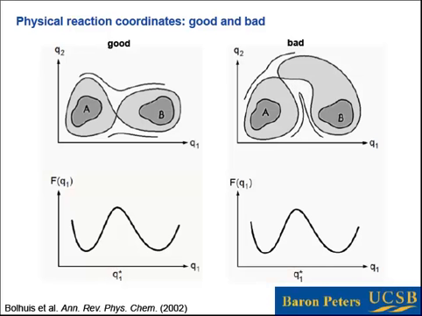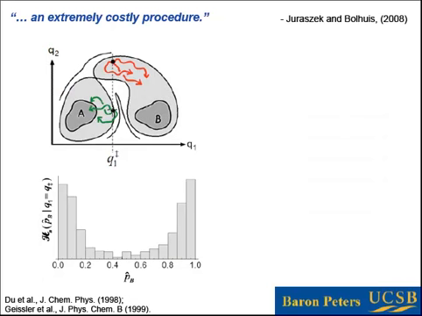And so if you were to compute the committer probability for this vertical line that really doesn't cut the space very well, then what would happen is that you would see a whole bunch of points over here on the edge of basin A that all go back to A. Those have committers near 0. And you have a whole bunch of points that live here on the edge of basin B, and those all have committers near 1.